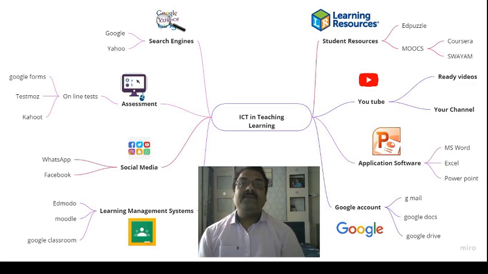Google also gives different facilities like Gmail, Google Docs, Google Drive. In Google Drive, you can keep all your documents. So when we talk about the teaching learning process, the teacher can share different documents like Word documents or presentations in Google Drive, which students can have access to. Some images and some videos can also be kept in Google Drive, and students can be given access to those documents. Similarly, we can communicate with students and parents using Gmail. So Google has got so many facilities which allow us to have teaching learning interactions with the students.